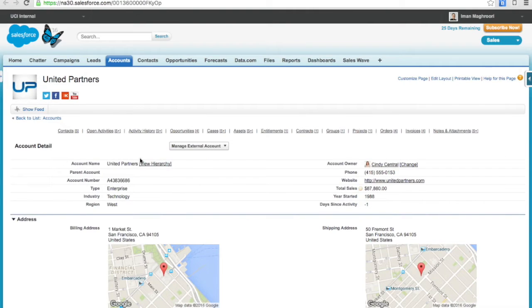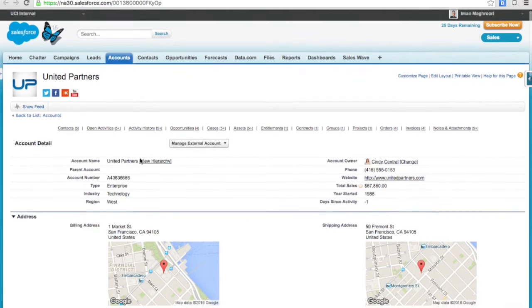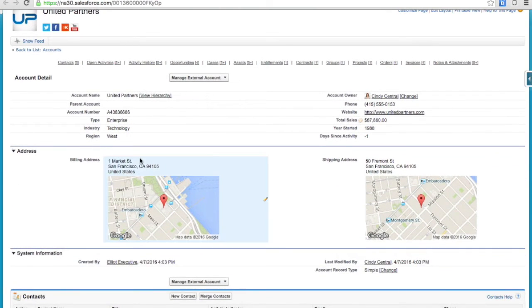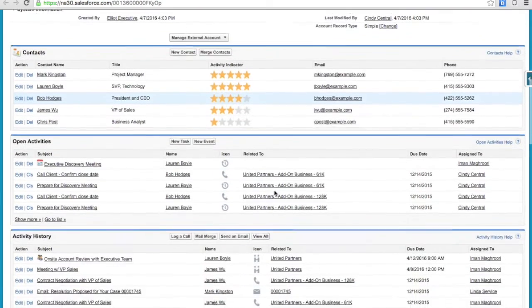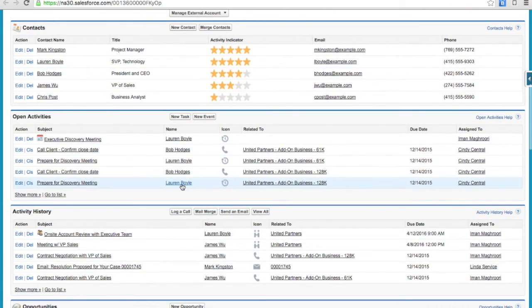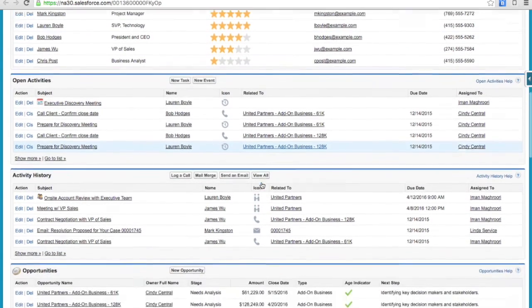So when we were talking about the customization of the platform, take a look at this account. Don't worry about reading every field, but just take a glance at it and understand what's here. We've got a few pieces of information, we've got their addresses, and that's about it. And then we've got the contacts that all work there. Every activity that's going on at the account, who we're meeting with and what we're meeting about, everything we've done